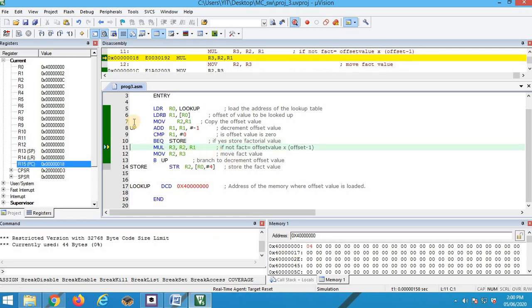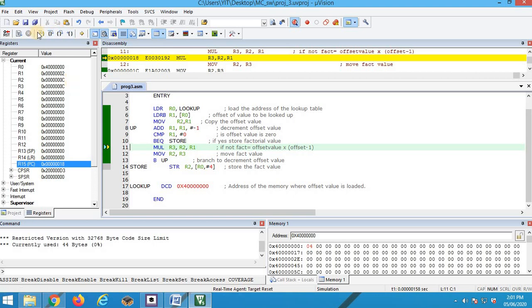What are you going to do? What is there in R2? C. C is nothing but 4 into 3, 12, which is already done. So right now you are going to multiply C with 2. That is, R2 is multiplied with R1. C into 2. What is 12 into 2? It is 24. 24 in hexadecimal is represented as how much? 1, 8.